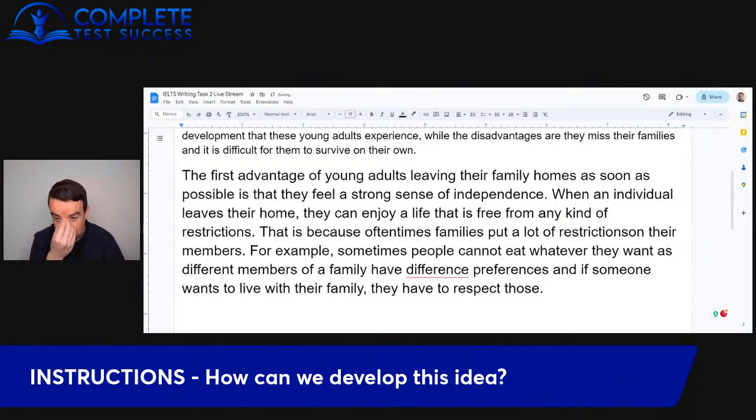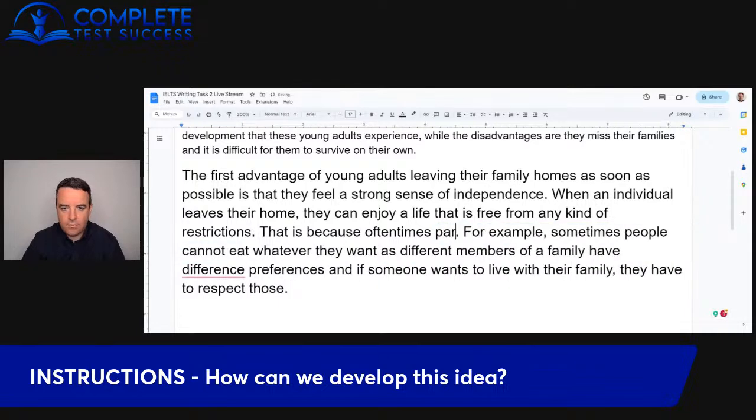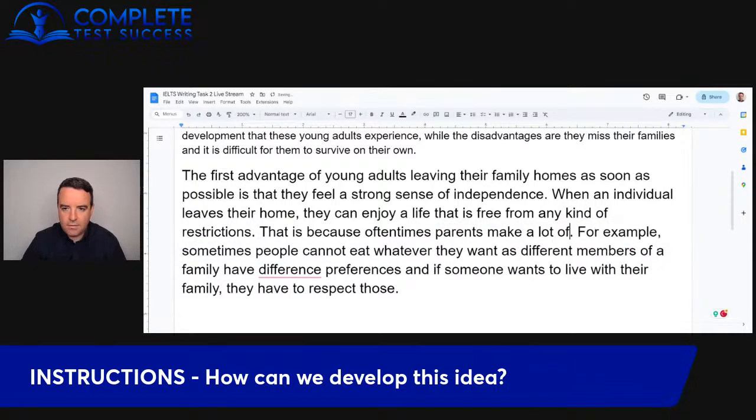No, because we've already said free from restrictions, so I don't want to say that again. Often puts a lot of, let's say, makes a lot of decisions. Families, let's say parents. Parents make a lot of decisions